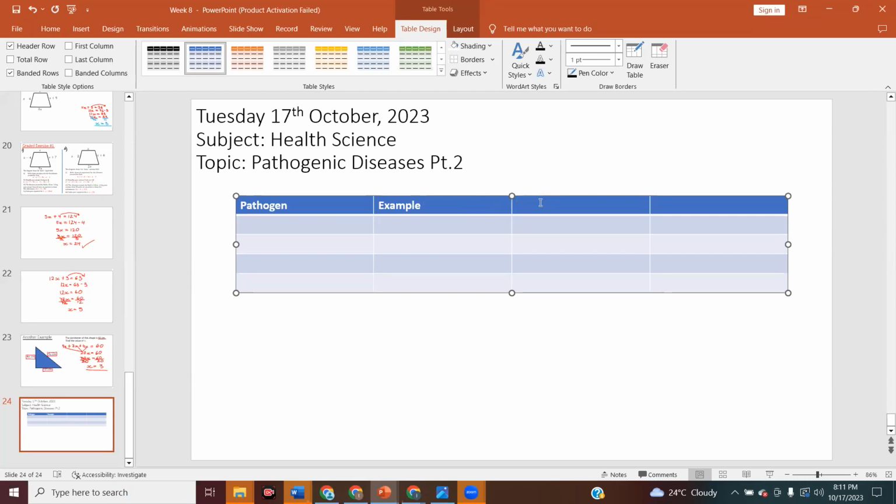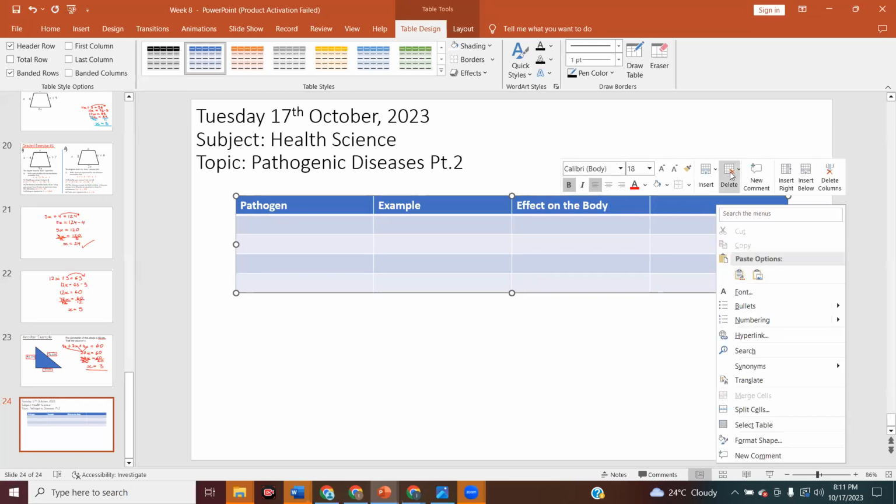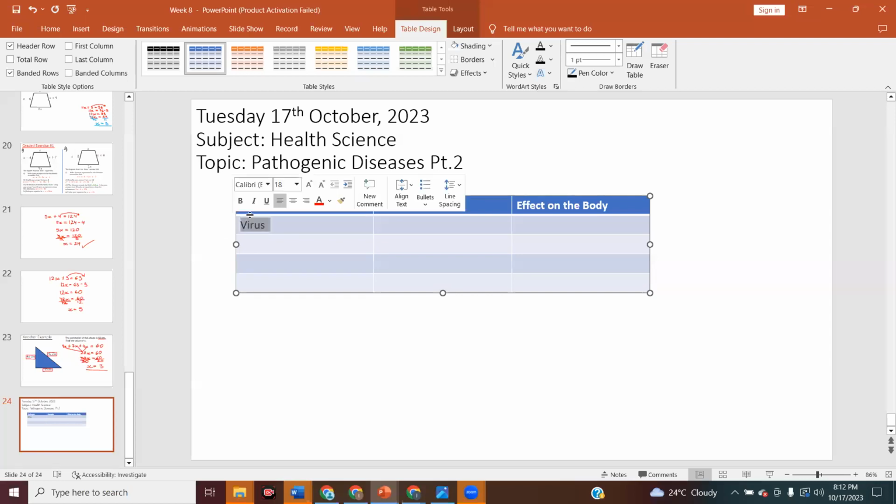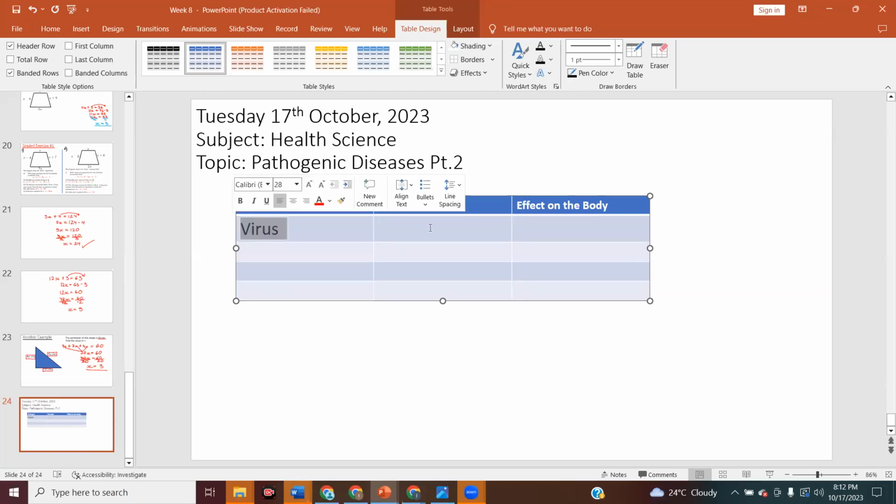And we're going to look at the effect on the body. So pathogen, example, and effect on the body. Looks like I only need 3. I don't need all that. So let me delete the column. So the pathogen is the virus. Again, these are microorganisms. You can't see them with your naked eye. You need a microscope. The example we're going to use is influenza